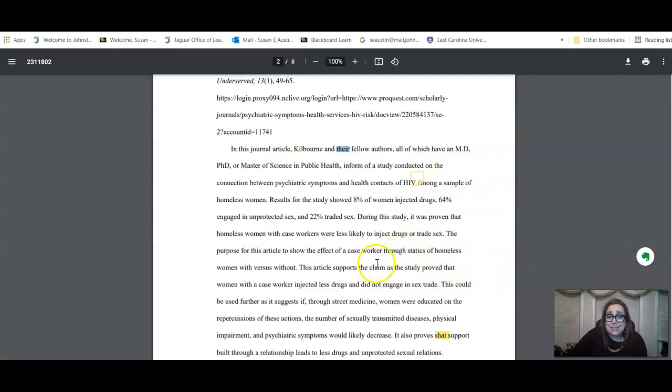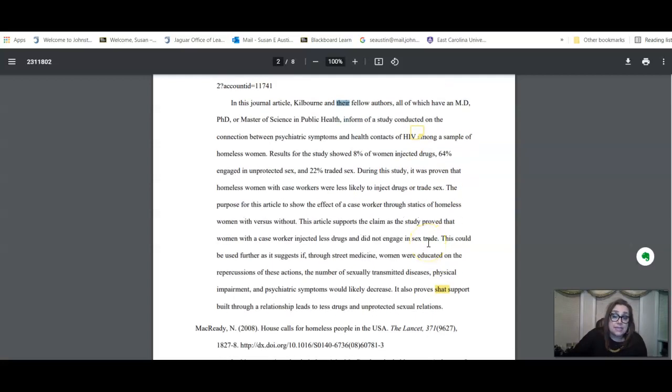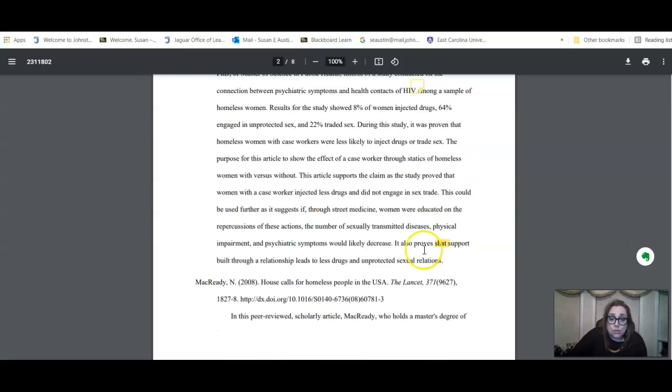This student did an excellent job with the evaluation and analysis. The student included some statistics from the article and sort of evaluated the contents of the article. Then when we get down here, there was a typo, so I did mark that. But